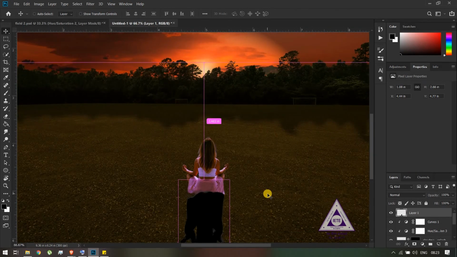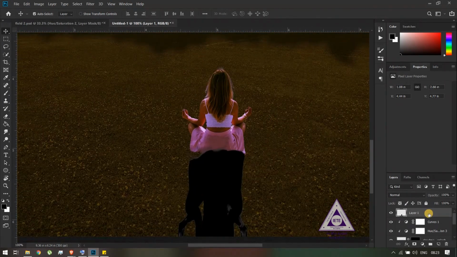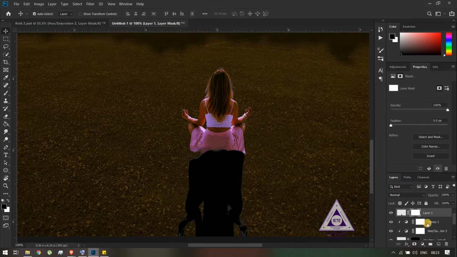To make the shadow look cleaner, I'll convert the shadow layer and add a layer mask to it. And I'll use the brush tool. And I'll clean up the area where it looks a little bit weird. So right here. And then I'll reduce the flow and the opacity a little bit as well. I'll go over the edges to make it look much softer.